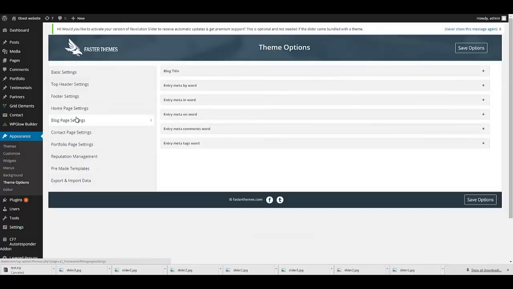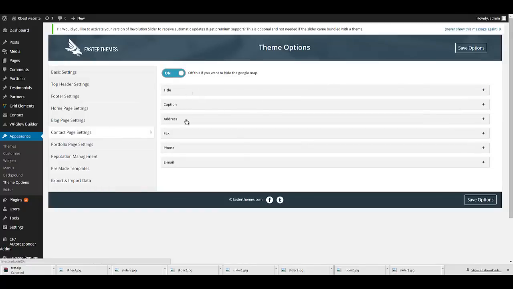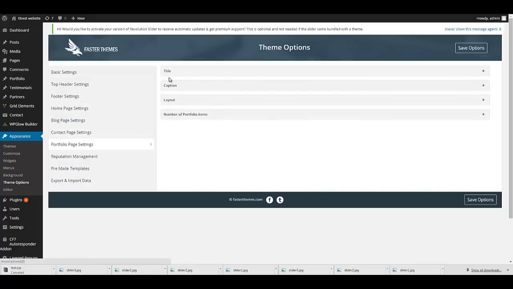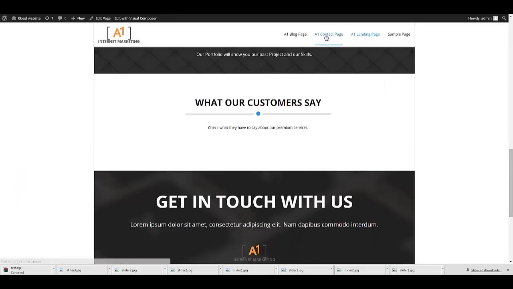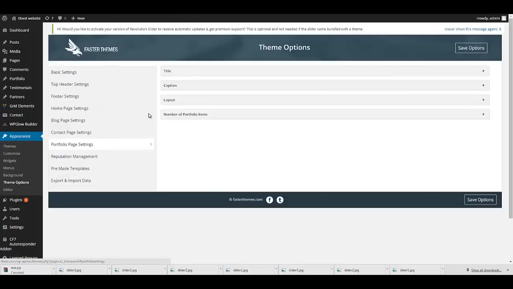We have blog page settings, contact page settings, where you add your address and your contact information in here, obviously, your portfolio page settings. And if we went to, let's see,